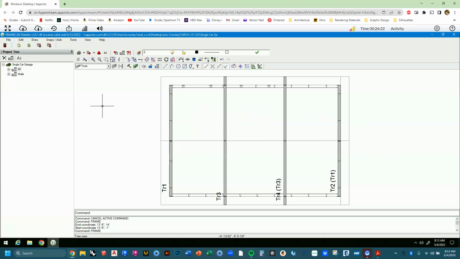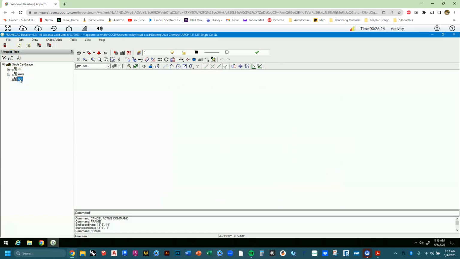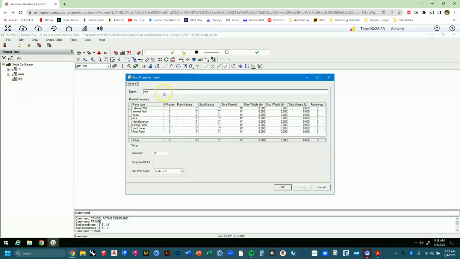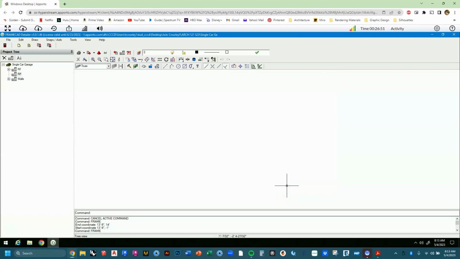Alright, so now what we're going to want to do is create another new plan. I'm going to go here, right click on the new plan, let's go to properties, and we're going to change the name to RP, and the elevation height is going to be 8 feet, or 96 inches, whoopsies, 8 feet. Okay, let's hit OK. In the Edit tab,